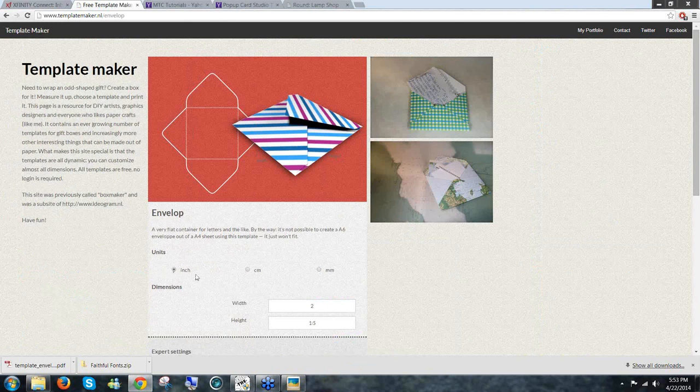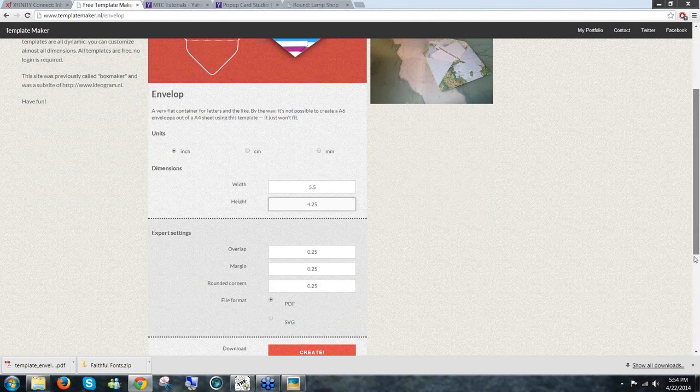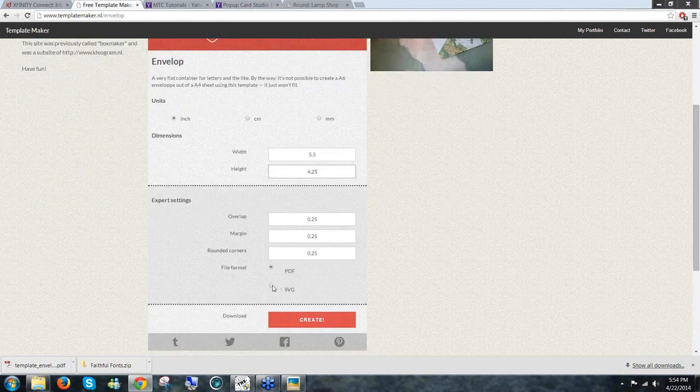and click on inch, and this time we'll do a width of 5.5 and a height of 4.25. And this time we'll select the option, leave the margins at the default, and then click on SVG, see what happens there. So you click on create, and